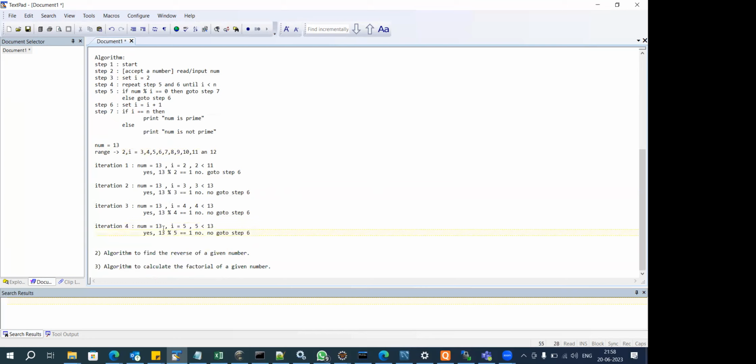No. 5 ones are 5, 5 twos are 10. The remainder is 3, so it is not equal to 0. So we go to step 6 again. See, this way I'll keep repeating it. But finally, since we know that it is obviously a prime number, let us